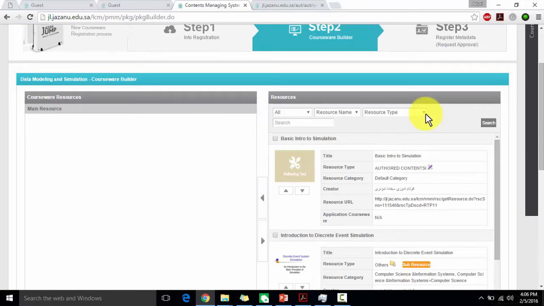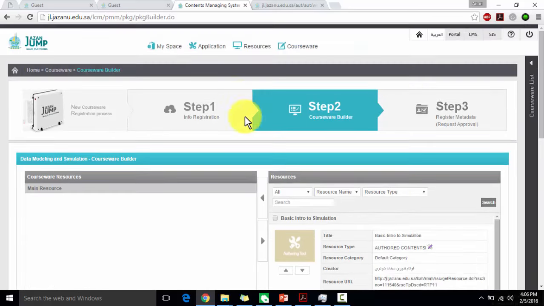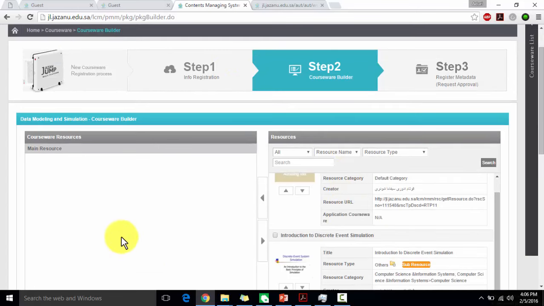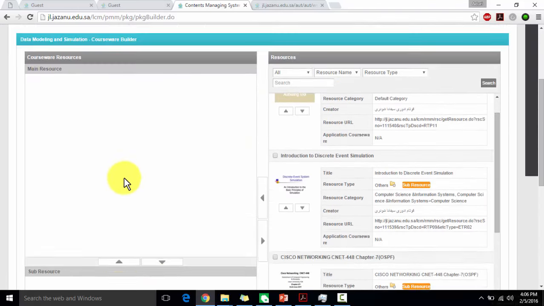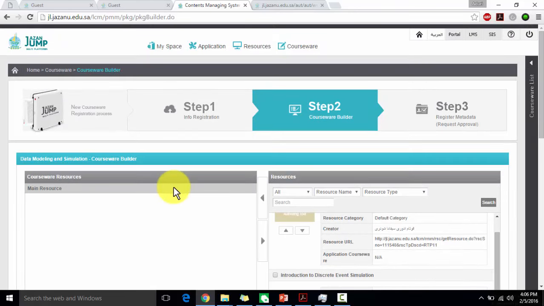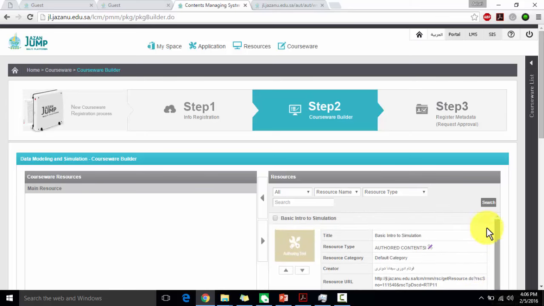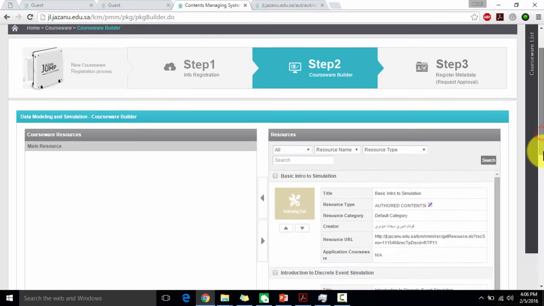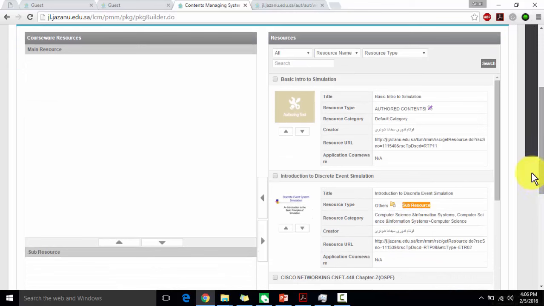If there is no sub resource for the main resource, it's okay, because the main resource is what course you are teaching in the class, like what PPT you are following, or what PDF book you are following, or what type of format you are teaching in, or you can create any type of main resource. But for every class, if you have some quizzes associated with it, you can put it in the sub resource and then add it here.